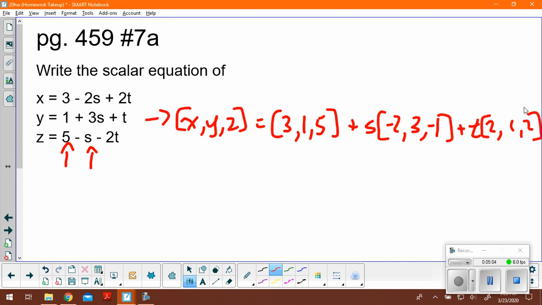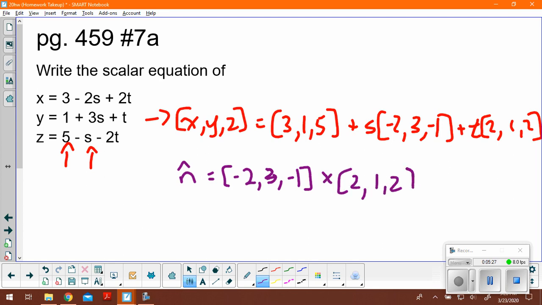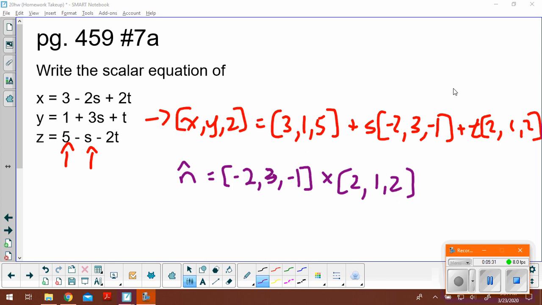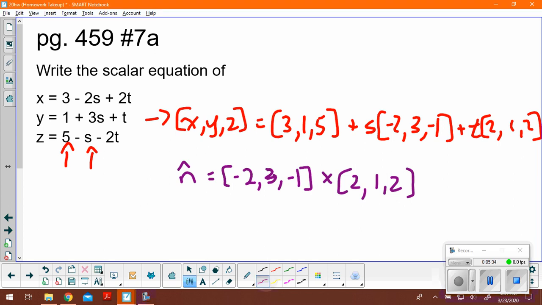Now that I'm in this form, it's going to be the exact same steps as what we just did taking up 6A. To find my normal vector, I'm going to do the cross product of my two direction vectors. So negative 2, 3, negative 1, crossed with 2, 1, 2. I'm looking at the back of the book a bit, and I just noticed that I missed a negative sign here. This is supposed to be negative 2. When you do the cross product of those two things, you get negative 5,